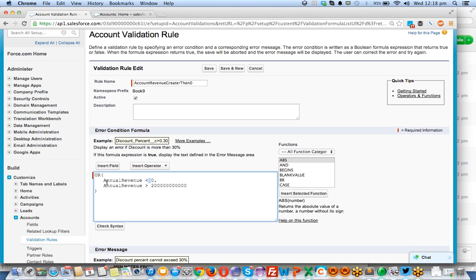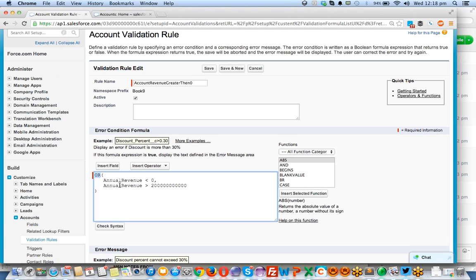What this will check is if annual revenue is less than 0, this rule will be fired, because the OR logic will be true if any of the conditions is true. There are two conditions inside this, and if any of the conditions is true, the OR will be fired, and this will throw a validation error. If annual revenue is less than 0, it will fire.